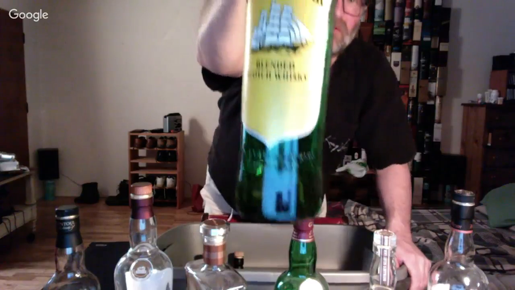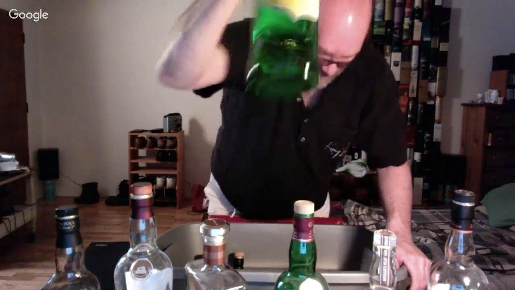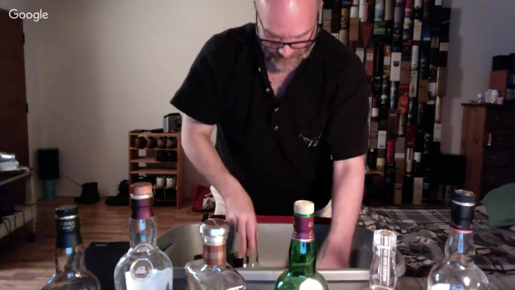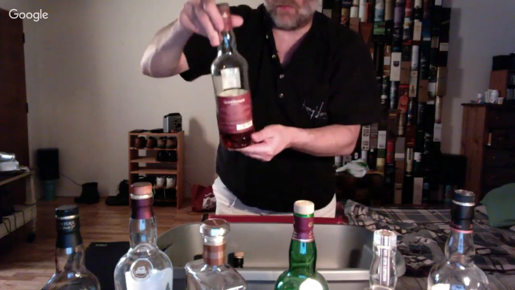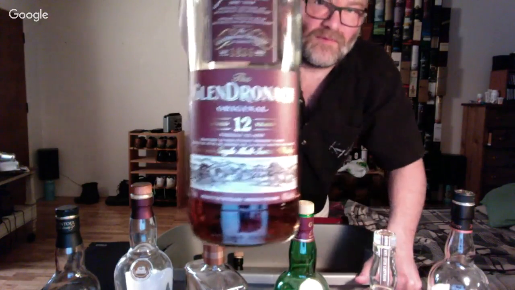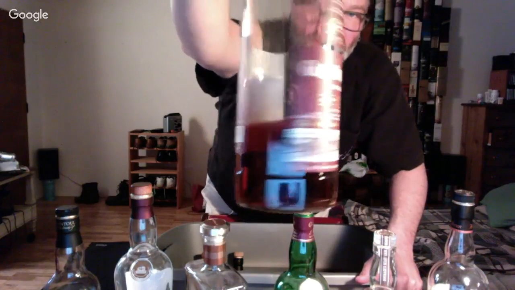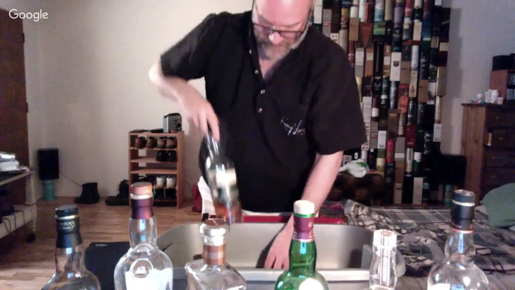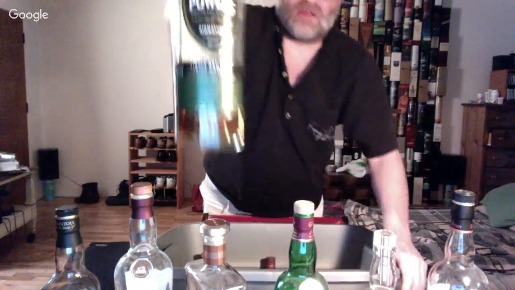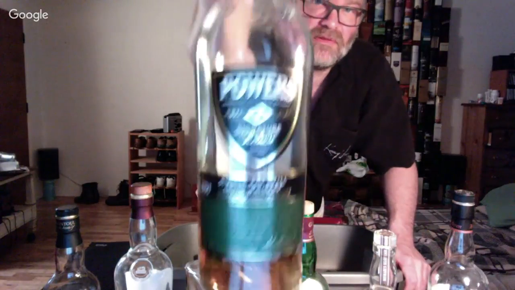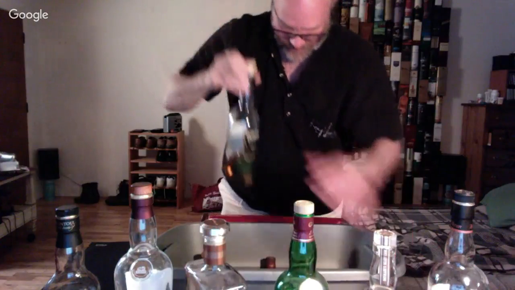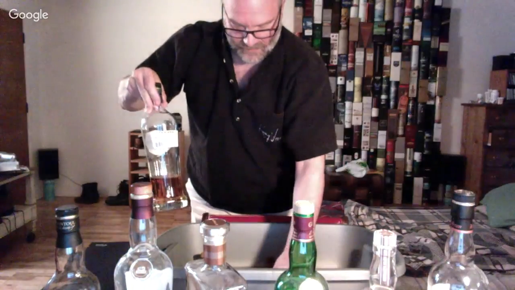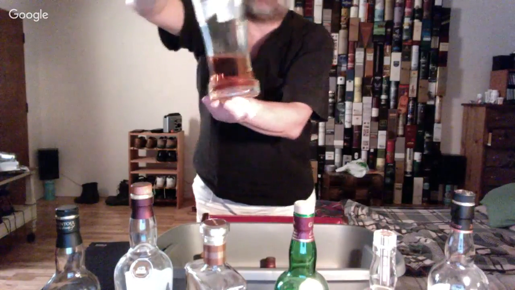Cutty Sark, just for starters. And the favorite Glendronach 12, the one that everybody loves. Got some Powers Irish whiskey too. Some Tamdhu 10.